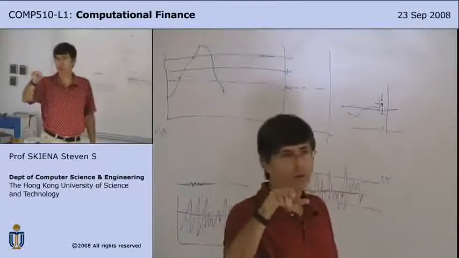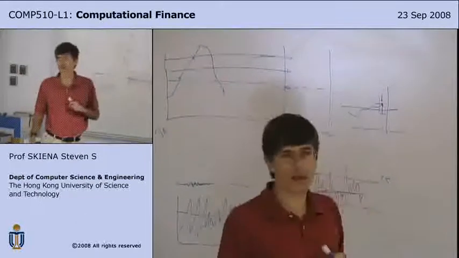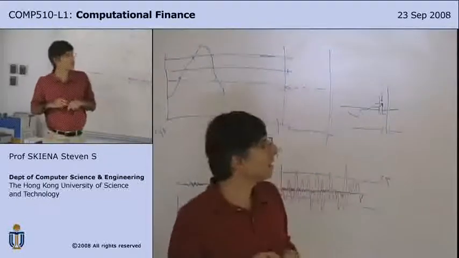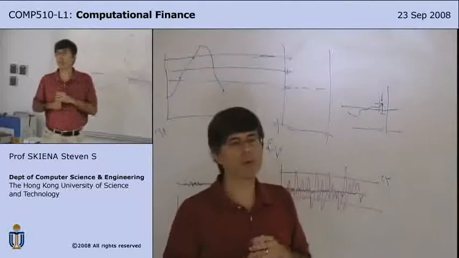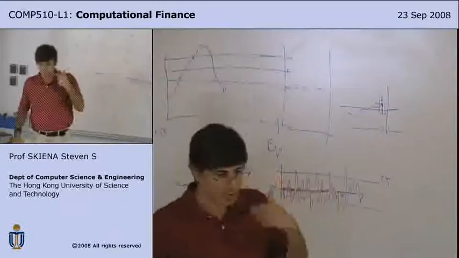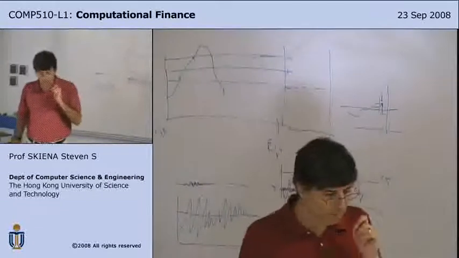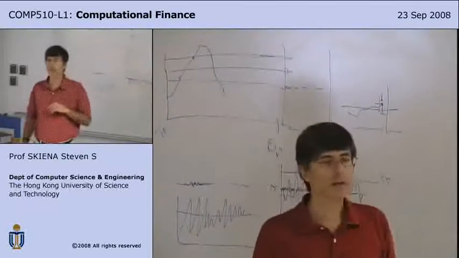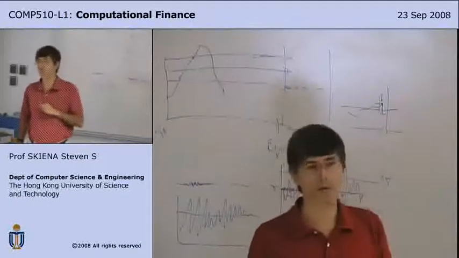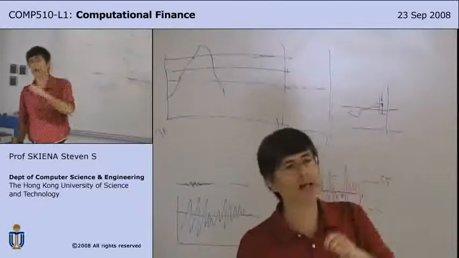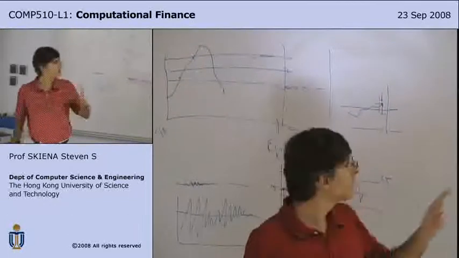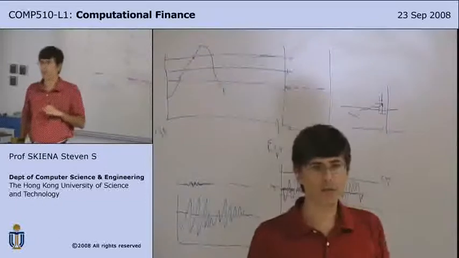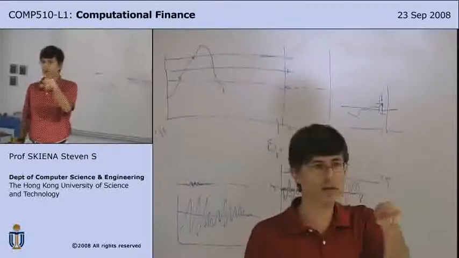Any questions? It's important that people nod and see why that actually is. As the strike price goes up, that's the price it'll cost me to buy it. If the strike price, the price at which I have permission to buy it, goes up, the value of the call goes down, right? It's more valuable for me to be able to buy it at $10 than at $20. That's opposite from the put. It's more valuable for me to be able to sell it at $20 than to sell it at $10. Does everybody see that?